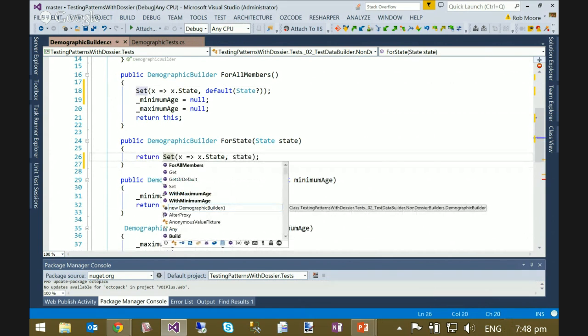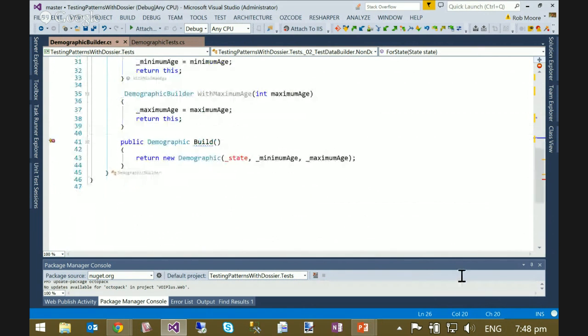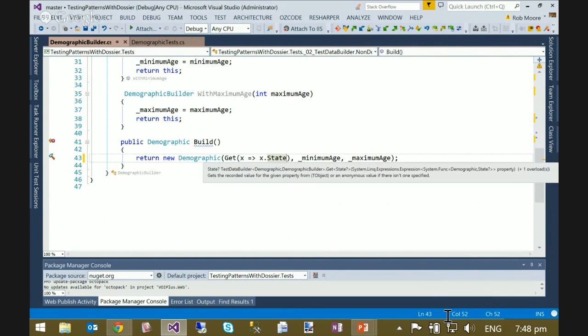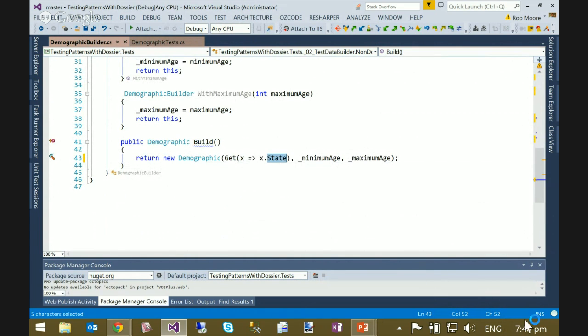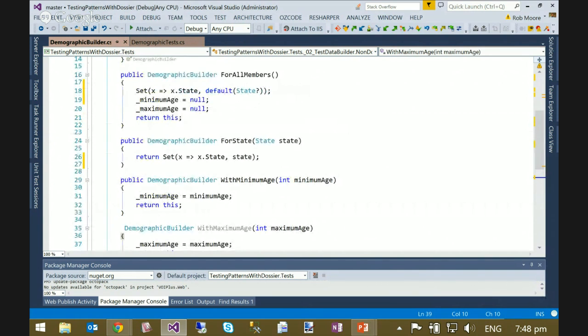So even nicer. If we then went and changed minimum and maximum age to use set as well, actually no, before we do that. So there's a corresponding get that allows you to pull the value back out again. There's not too much that's happening here. It's essentially turning that into a string and storing it into a dictionary of objects in the base class. So there's not too much magic going on. But if we then changed minimum and maximum age to use set as well, we could actually just get rid of that method altogether. And then you'd basically be left with